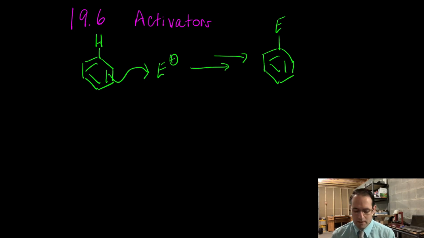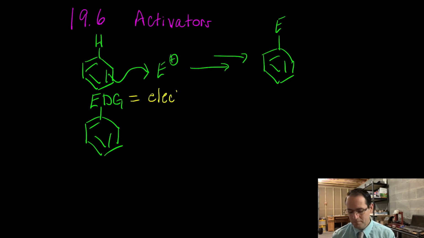Now, if you have an electron donating group, okay, so electron donating group, I abbreviate EDG just for short, but I'll just write it out here in case you're taking notes. So this is an electron donating group, okay? Now remember that the pi bonding electrons are a source of electrons, and this curved arrow we draw is the